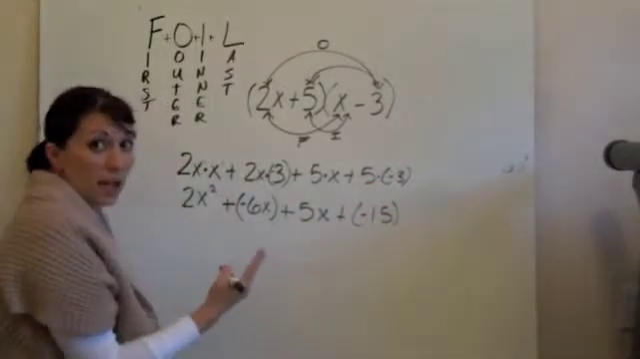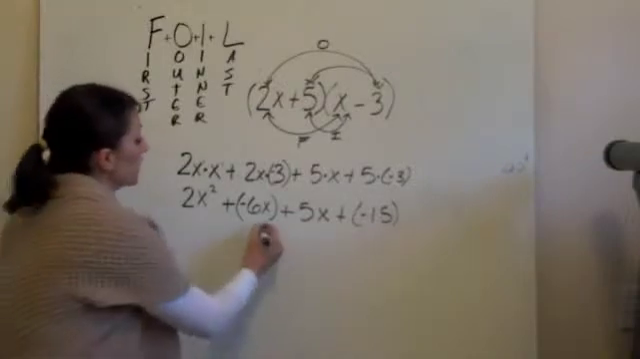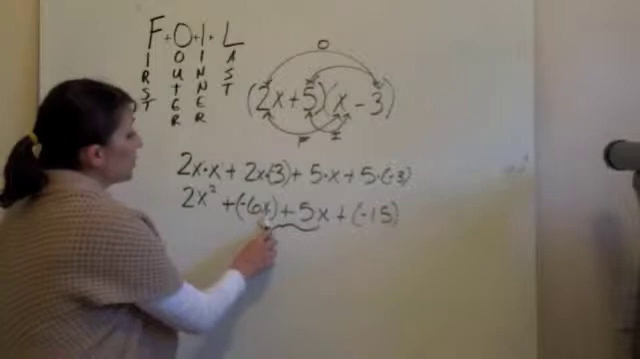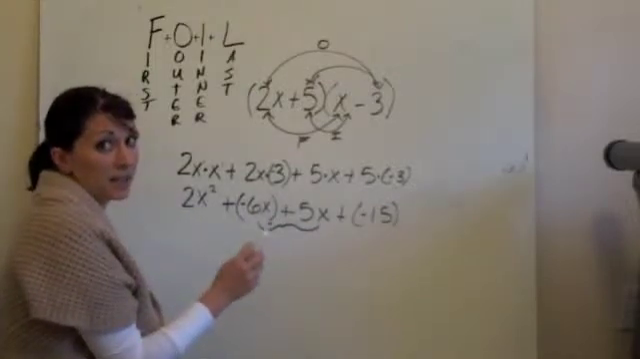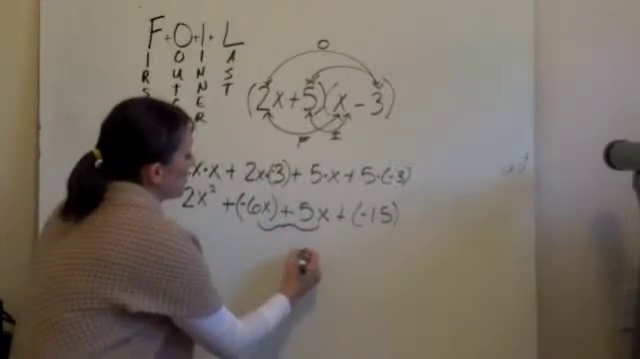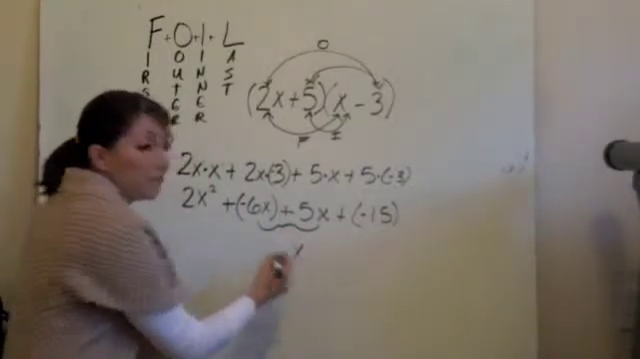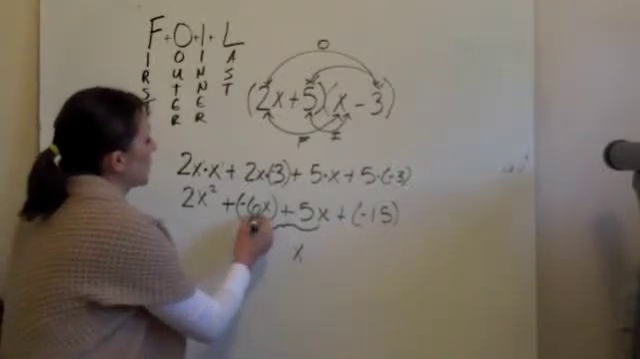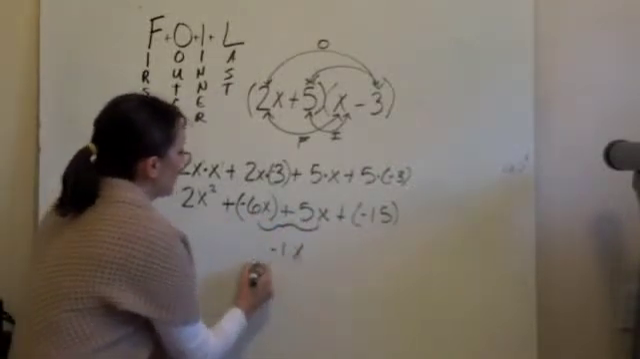We do have two like terms in this expression, so we need to combine those like terms. A like term is any time when we have two terms that have the same variable with the same exponent. So we combine negative 6x plus 5x. When we combine those, we write our variable, and then we add or subtract the coefficients. So negative 6 plus 5 gives us negative 1x